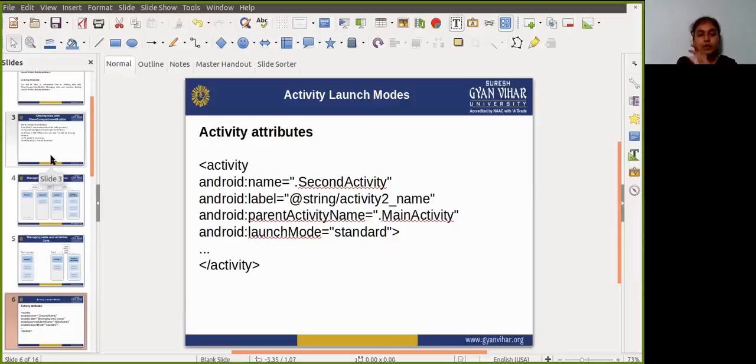So the activity is always the single and the only member of its task.